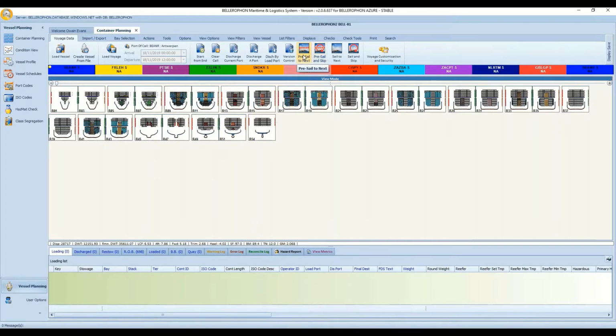Pre-sail to next, this creates the arrival condition using your current bay plan for the next port of call in your sailing schedule without actually sailing from your current port. Use this function if you want to plan ahead. Pre-sail and skip is very similar. This creates the arrival condition using the current bay plan for a specific port of call in your sailing schedule. Sail to next, this button will use your current bay plan and sail to the next port in the